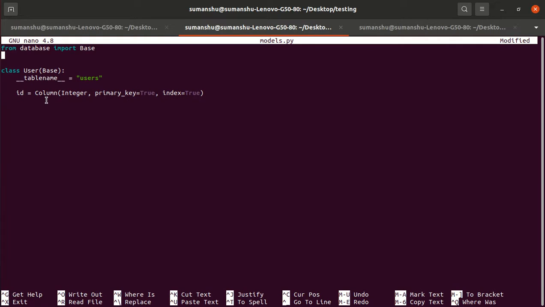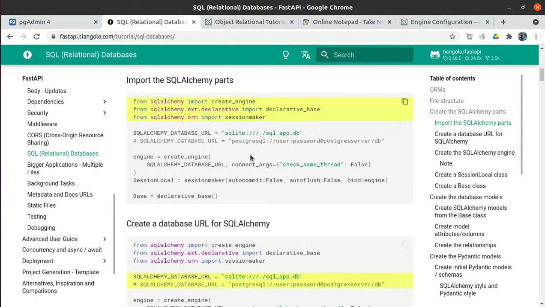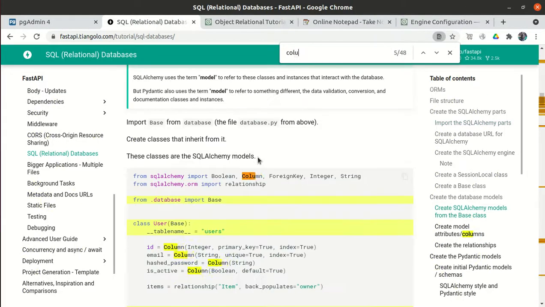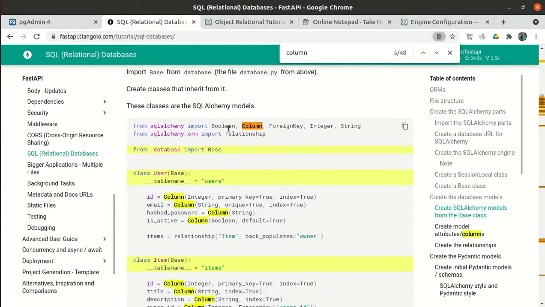What are Column and Integer? We have to import Column and Integer from sqlalchemy. If you go to the official documentation, you can find that from sqlalchemy we are importing Column.